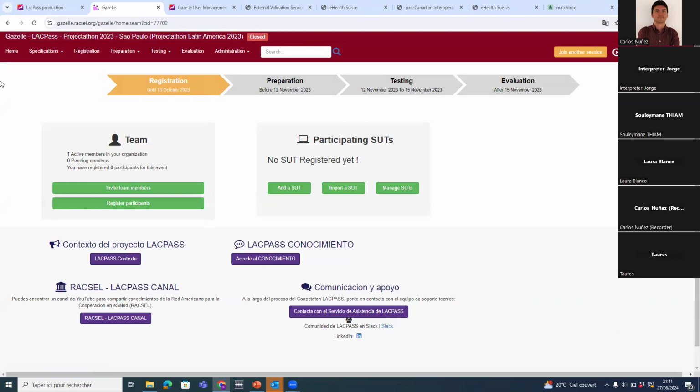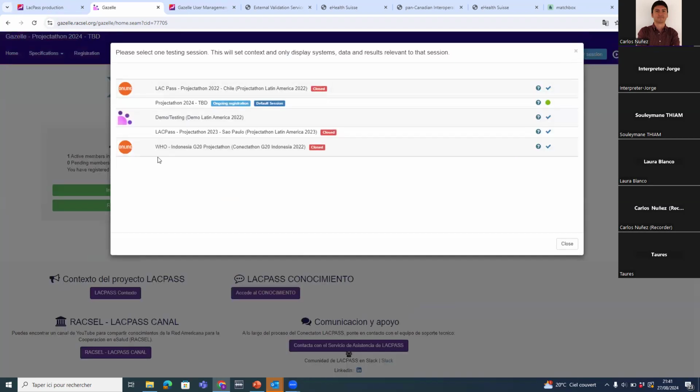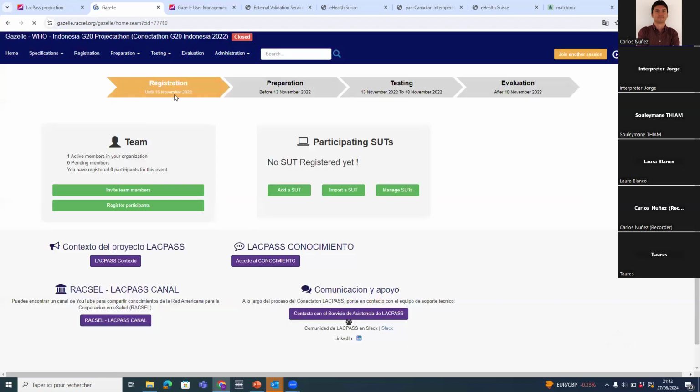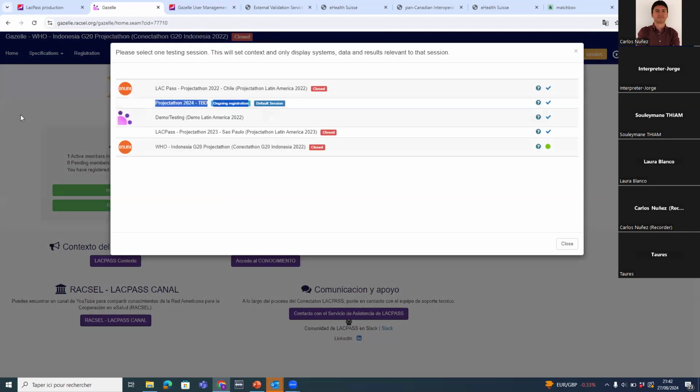So this is not the right session to use to perform your registration for the upcoming event. That's the same for Chile. You need to click on join another session, then click on Project Atom 2024 to be defined, and click on the check button. Same also for the G20 pilot Connectathon with WHO. It's 2022. If you participated during this event, and you are on this testing session, also click on join session and then switch to Projectathon